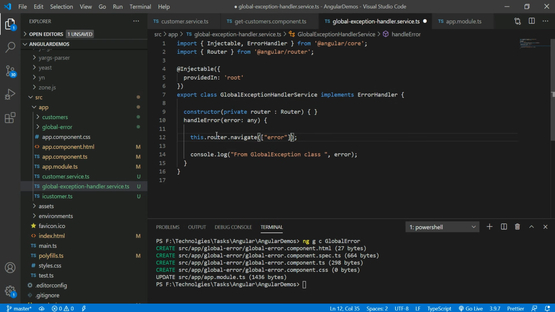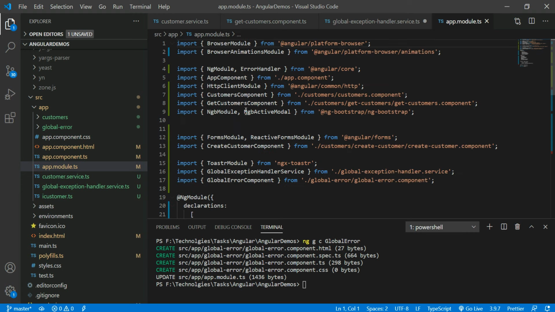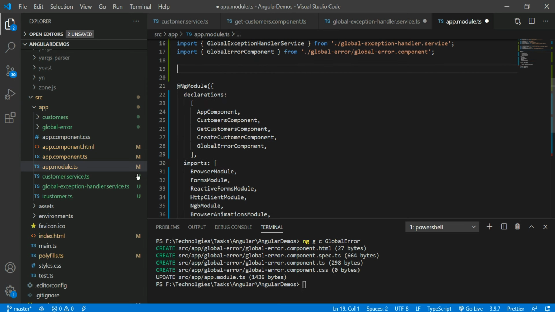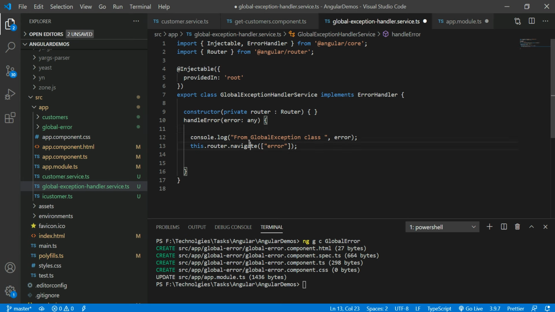Before I navigate through the router to the error screen, let me add some simple steps into the app.module.ts, app.component.ts and app.component.html. So what are the steps? The first step is I am using the routing section in this web application. Here I am trying to transport the page. Whenever I'm getting the exception, I want to transfer the error message to this location.